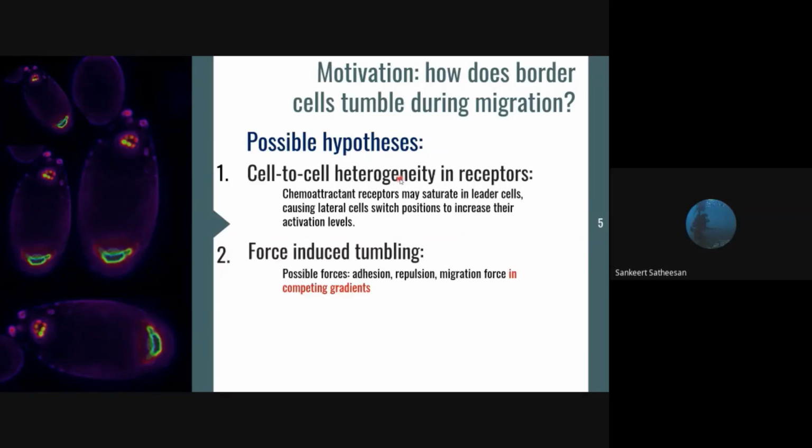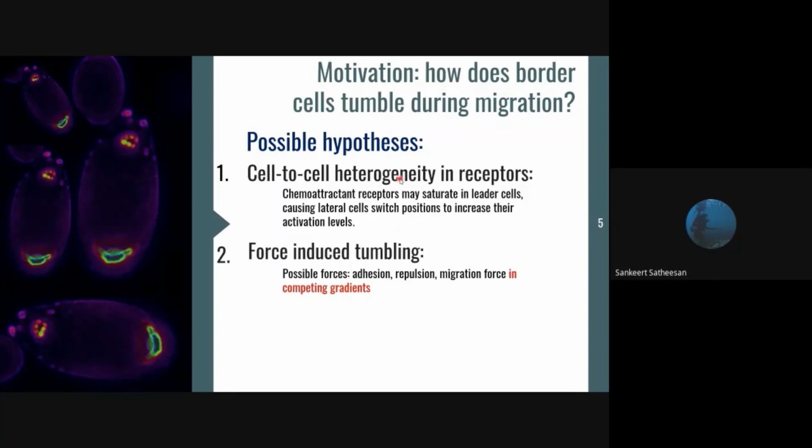The forces involved in this system are adhesion, repulsion, and migration force due to the competing gradients, which I described earlier. Another thing to note is that these two hypotheses are not mutually exclusive, so maybe both of them can happen together also. Our lab, in collaboration with Fly Lab, ultimately aims to develop a theoretical model for the border cell migration